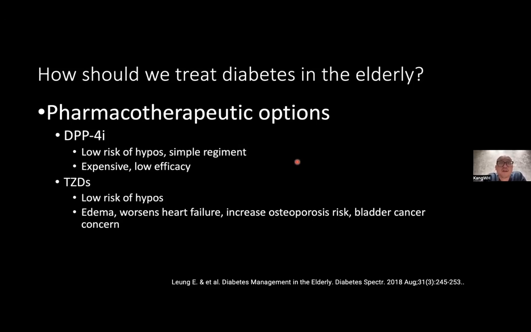TZDs have gone out of favor. It does bring down your sugar control, and there's low risk of hypos. However, in elderlies, it's not an option, because it may cause edema, leg swelling, especially if they have heart failure. Sometimes the pedal edema can get